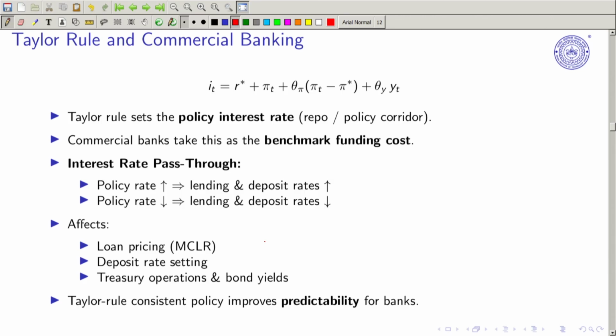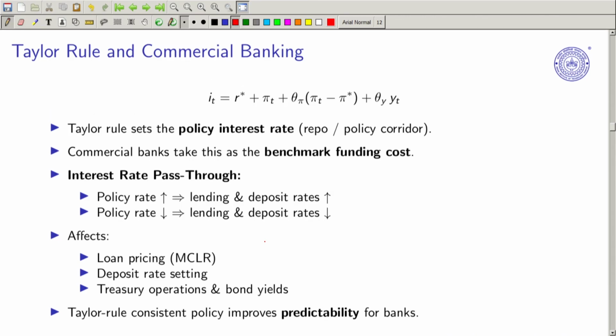Now, this particular course is about commercial banking. So let's shed light on how the Taylor rule is related to commercial banking. This is the typical Taylor rule that we have already seen. Given the inflation gap, the output gap, the neutral rate of interest and the target inflation, it basically gives you the idea of what the nominal interest rate should be. But there is a concept called monetary policy transmission that we'll be discussing maybe next week or the week after. And there,